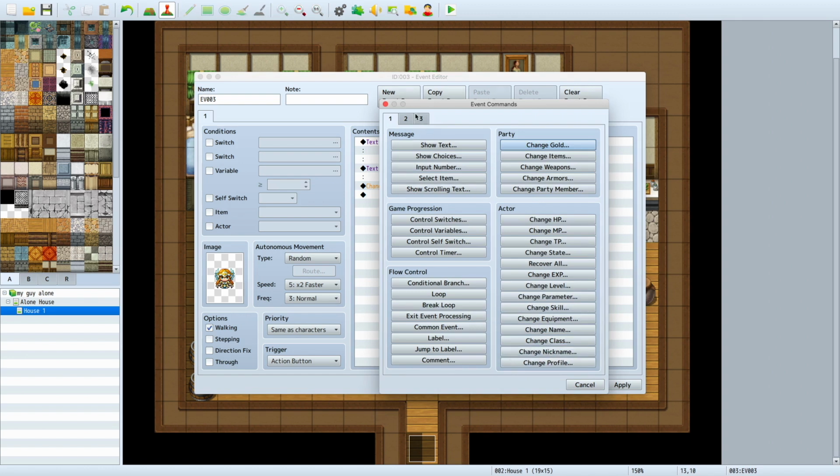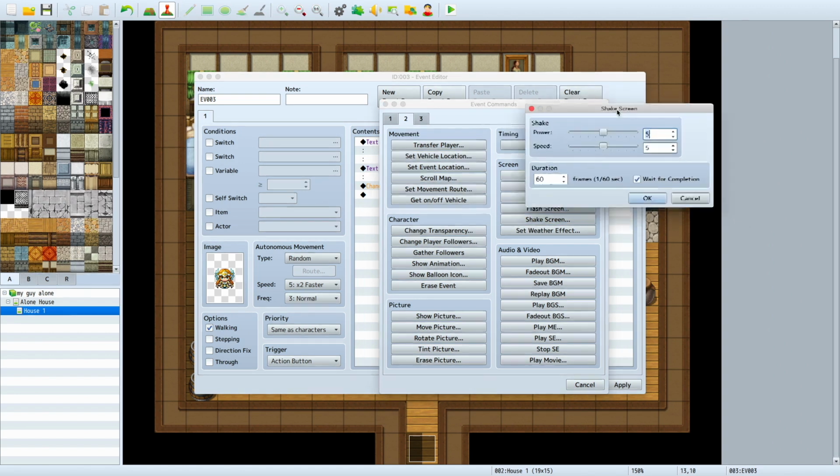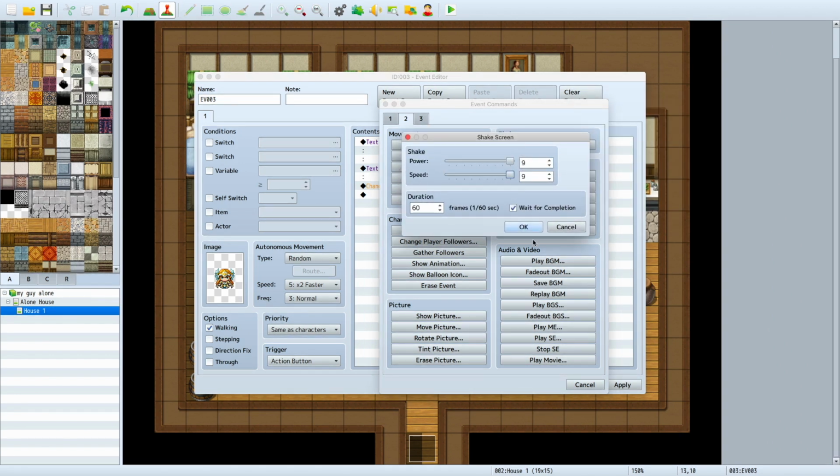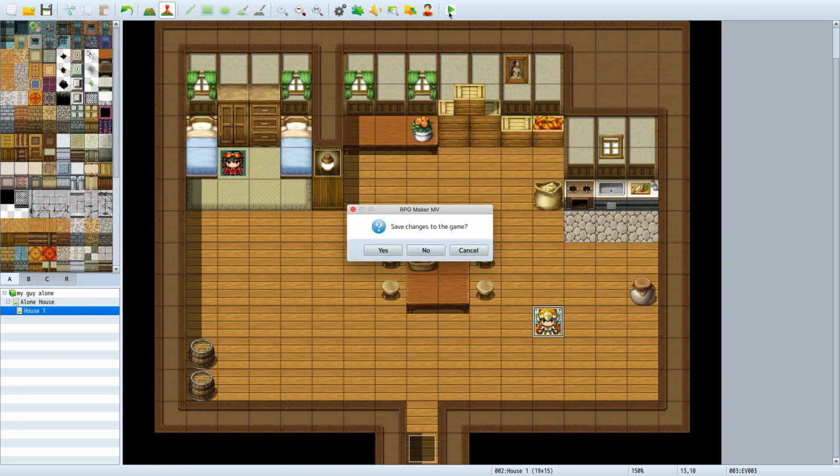And so you can also transfer the player. You can do whatever you want, but we're gonna do shake screen. And just because we can, power, just max it out. Okay. So if I run it now,